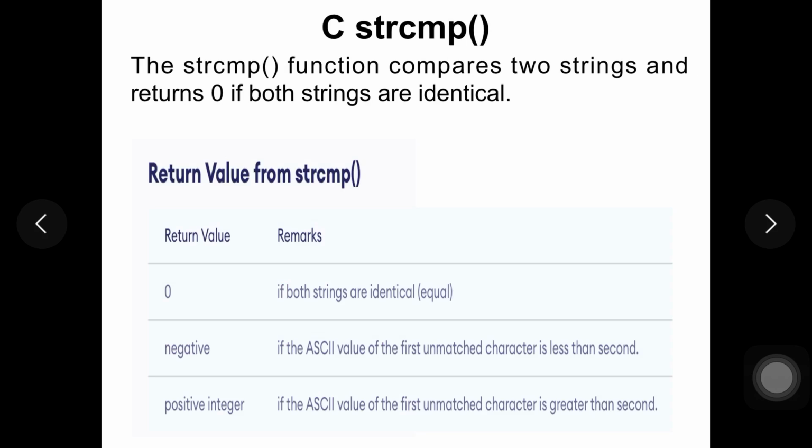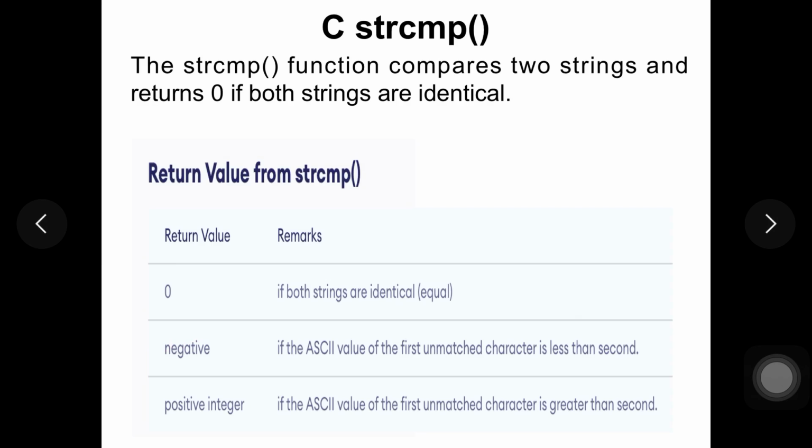You can see we have some return values for the string comparison function. If the return value is 0, then both strings are identical or equal. If the return value is negative, then the comparison you are doing between two strings